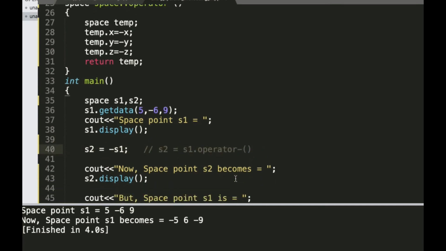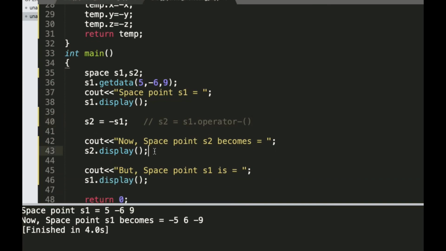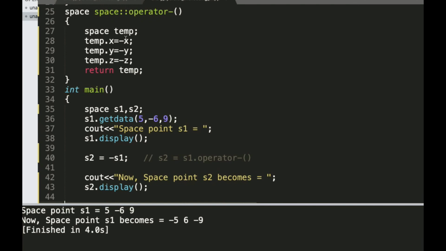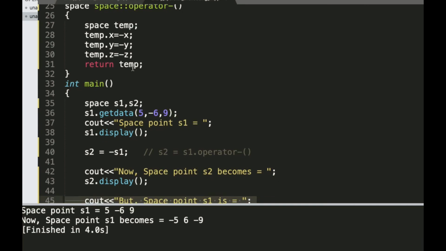So the meaning of s2 is equal to minus s1 is s2 is equal to s1 dot operator minus. It's the same unary operator we have overloaded, but the difference is that the previous one was returning void, and now this one is returning an object of space. Now s2 should be minus 5, 6 and minus 9, but the s1 value I am not changing, because we are not doing x is equal to minus x, y is equal to minus y and z is equal to minus z.